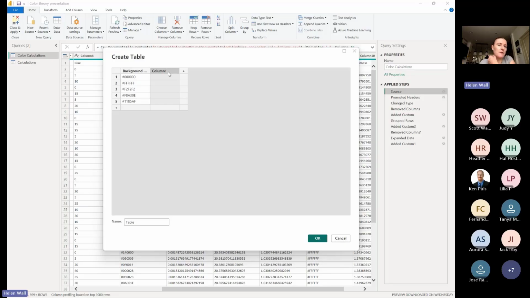Okay, so these are our background colors, and then I'm just going to say a white foreground,